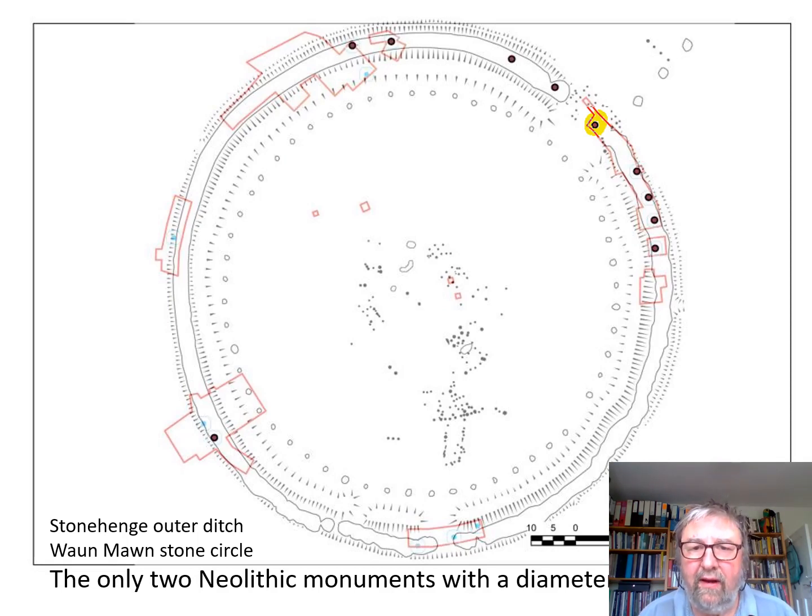Quite extraordinary, we have the coincidence that if you overlay the plan of Stonehenge on top of this stone circle, it corresponds exactly to the outer ditch. So the perimeter of Stonehenge just happens to be exactly the same as the perimeter of Waun Mawn. And to my knowledge, these are the only 2 Neolithic monuments in Britain that share that diameter. So we have enough intriguing information to suggest that this may be